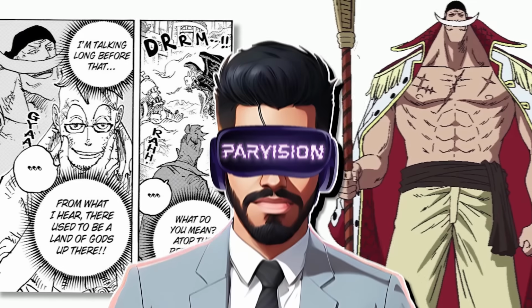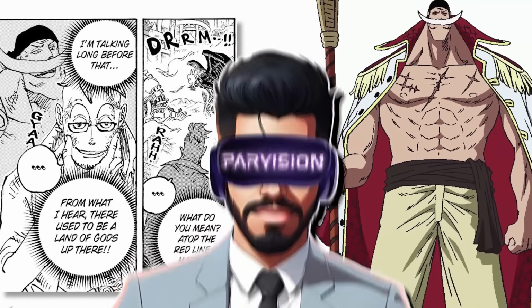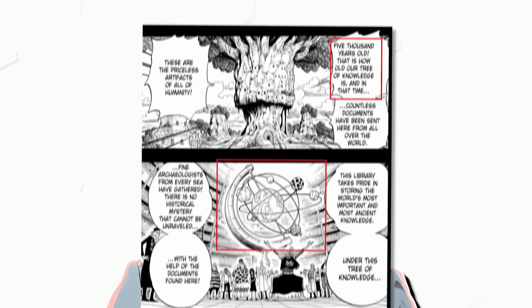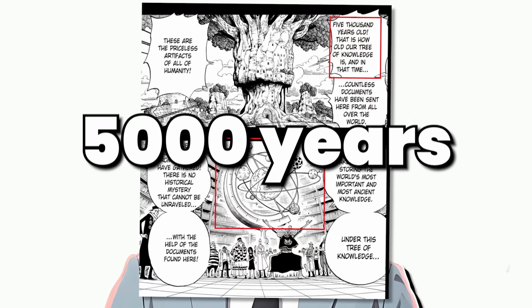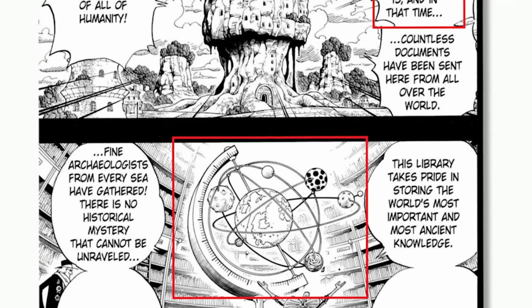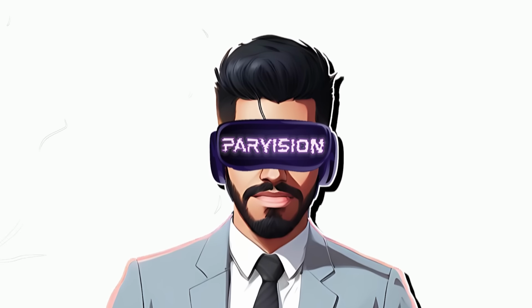existence based off of Whitebeard's recollection of the assumed Lunarians' previous residence being also on top of the Red Line, and apparently dubbed the Land of the Gods. Also, while we don't know how old the globe at Ohara is, it seems that 5,000 years of history is accumulated here, and the giant globe also reflected the existence of the Red Line in the image. So I think it's safe to say that this Red Line has been here for a long period of time